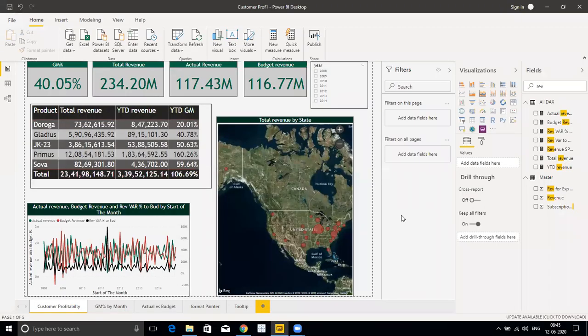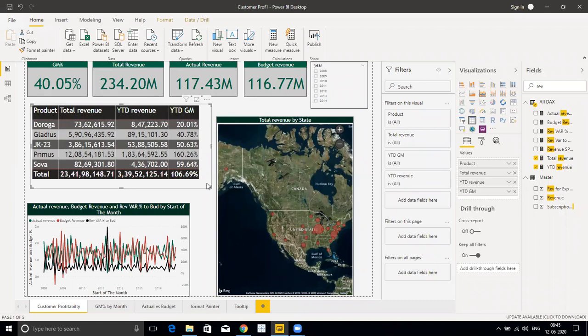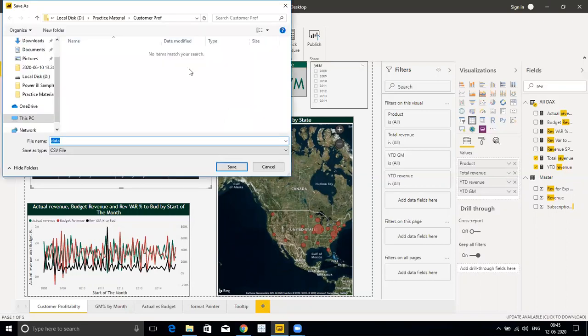Now tip number 2. Whatever reports you are creating in Power BI, you can export that data in CSV format. This is the table which I have created with DAX functions. I just want to export this particular data in a file. Then just select that visual, and on the upper right side you will see 3 ellipses called more options. When you click there, this is the option export data. When I click on this, this window will appear.